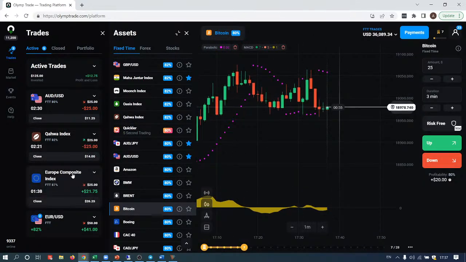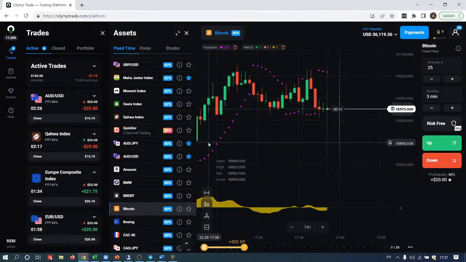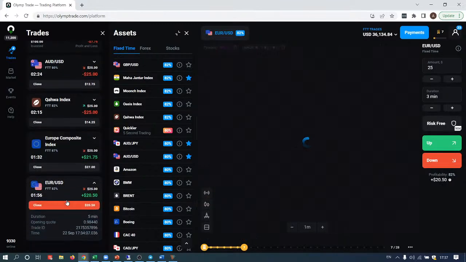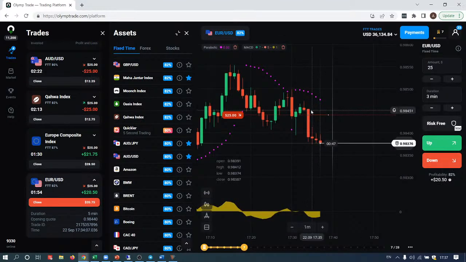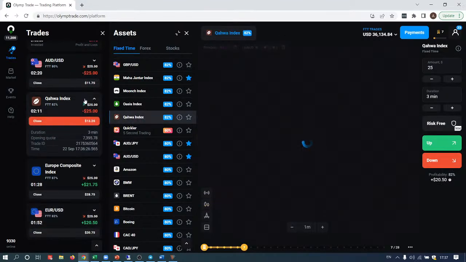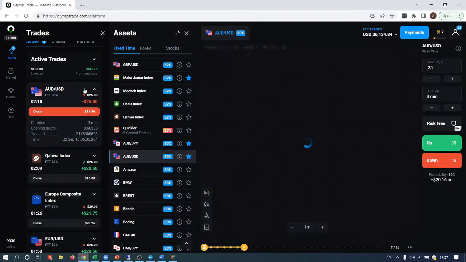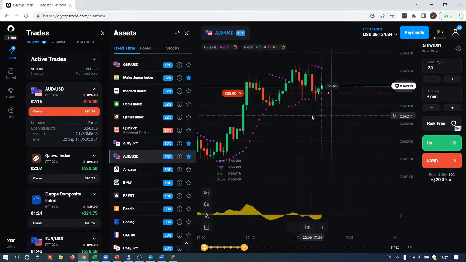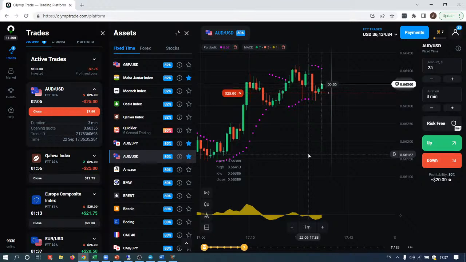Well, guys, these are going to be my final trades for this webinar. I will not open any more trades. I would say that some of them go as planned, and some of my trades on indices especially don't go just as well. Anyways, my goal was to demonstrate this strategy to you, to explain how it all works,